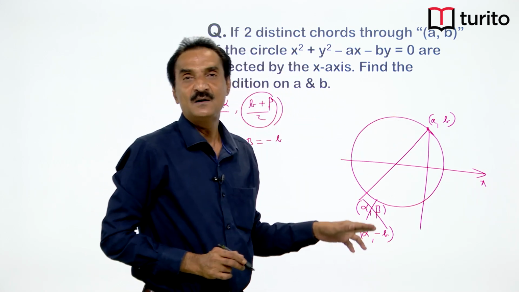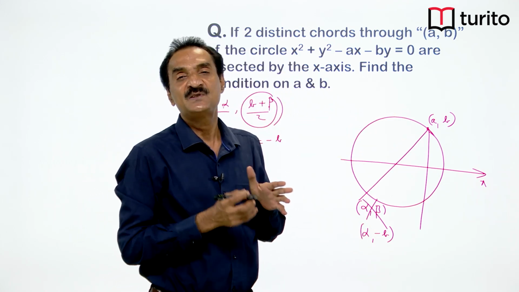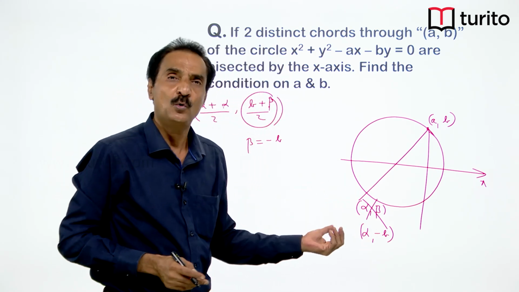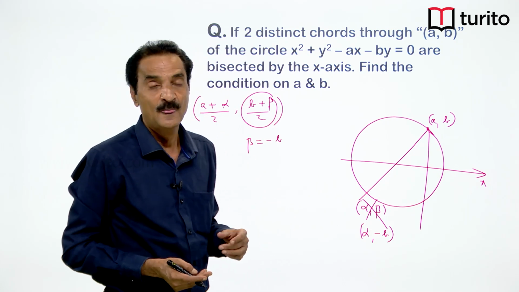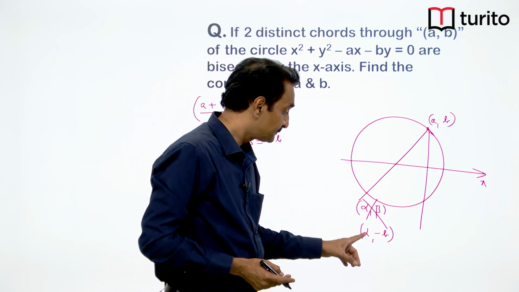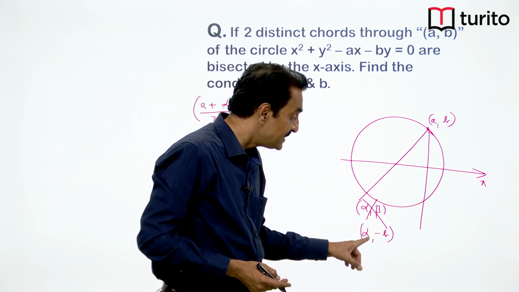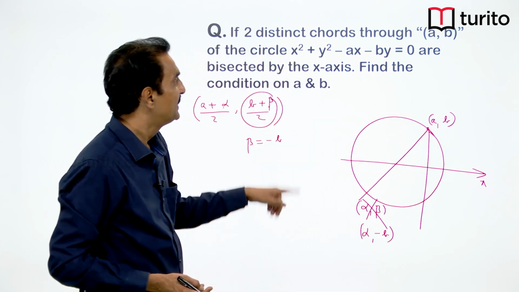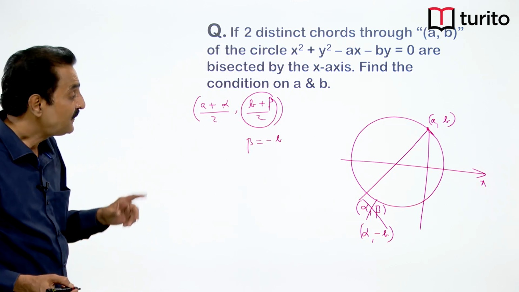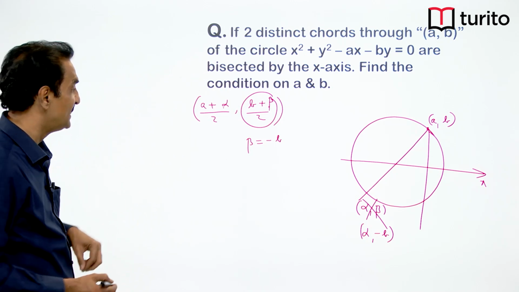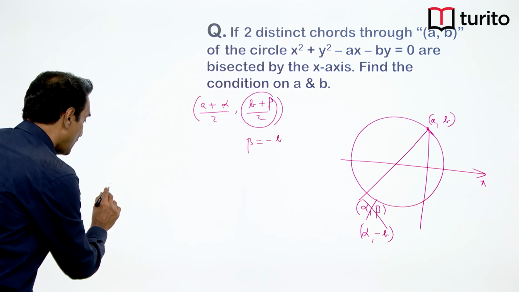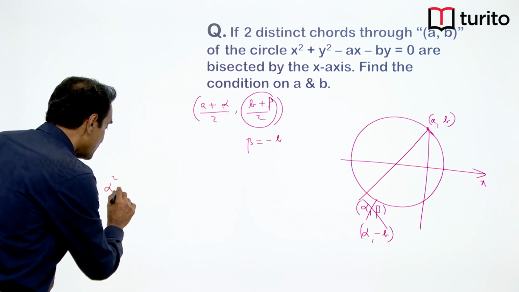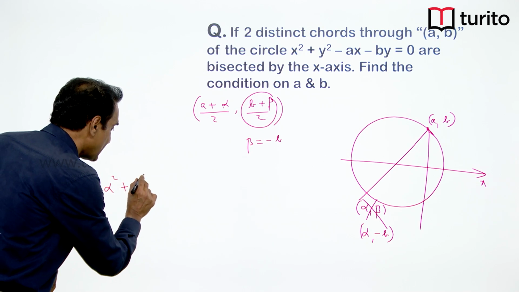If you take any chord through (a, b) which is bisected by the x axis, the opposite end will have y coordinate minus b, only the x coordinate will be unknown. Now, this point (alpha, minus b) lies on the circle. So, I will substitute (alpha, minus b) in the equation of the circle. What will I get? Alpha square plus y square means plus minus b whole square